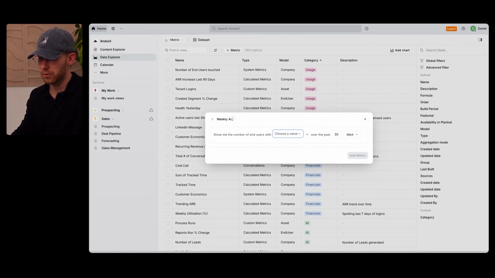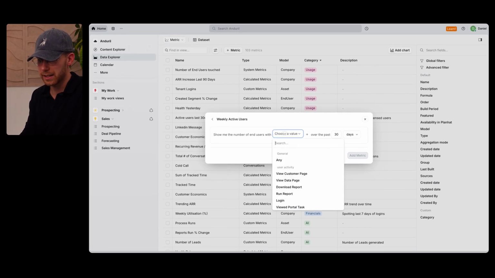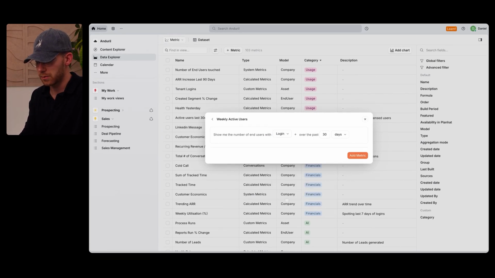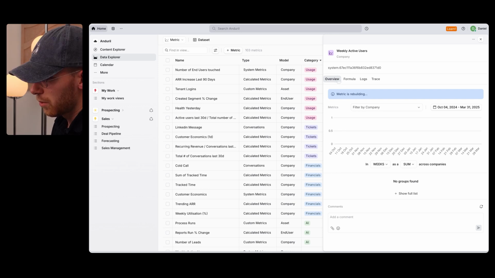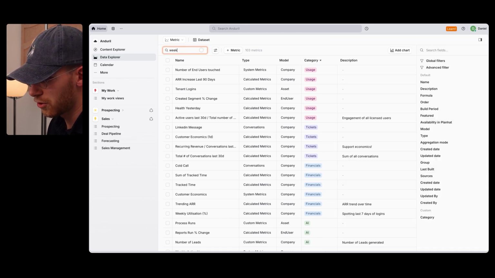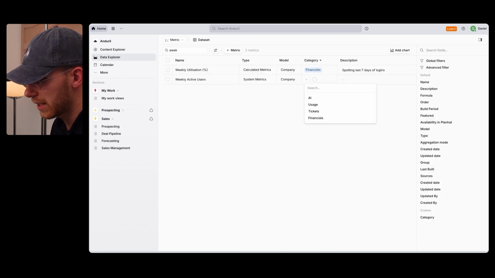So I'm now going to walk you through how to set up something like a weekly active users metric, which we're going to define as seeing anybody who has logged in over the last 7 days. We're going to start to see this being built in the background, computing thousands or millions of individual data points. In the meantime, I'll start to show you a bit how you can categorize this,